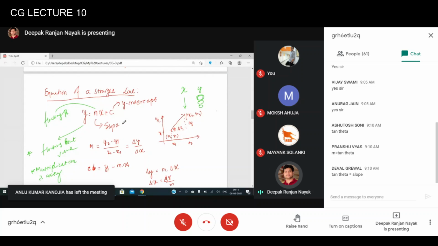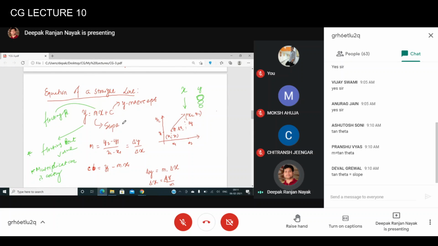Given this equation, there are actually different types of equations available in the literature to draw lines. However, this is the equation which we will follow in computer graphics, right? So what is the problem with this equation? If you directly calculate, given, let's say, a set of x values, the corresponding y values using this formula, what will be the problem we face? Why are we looking for some algorithms, right?